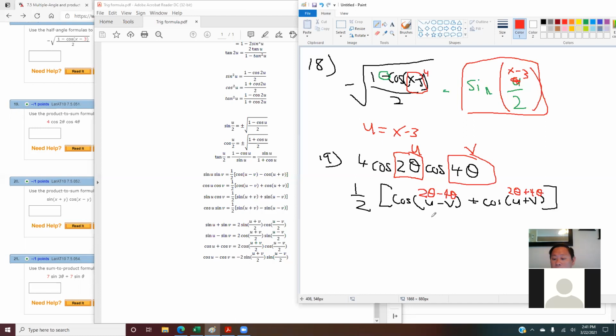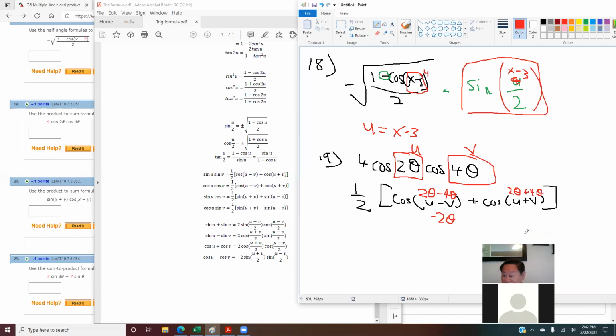You'd get 20. No, it's 2 theta minus 4 theta. Oh, it looks like 20. Not 20, it's 2 theta, is theta. Would it just be 2 theta then? Negative 2 theta. How about this one, 2 theta plus 4 theta? 6 theta. Now, if you remember, if you have a cosine of negative 2 theta, what happens to